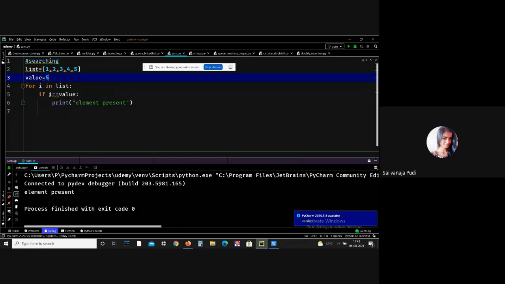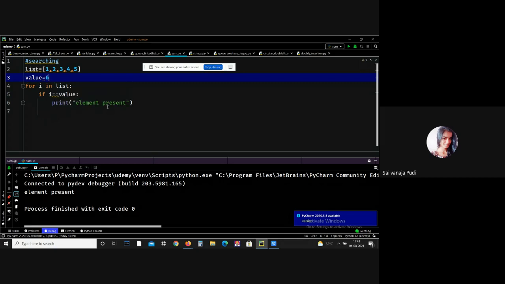If 1 double equals 5, then it will print element is present. No, right? So it went again to the for loop. Now i is 2, not equal. Now i is 3, and so on. Now i is 5. 5 double equals the value 5, so it prints that the element is present. This is all about linear search.